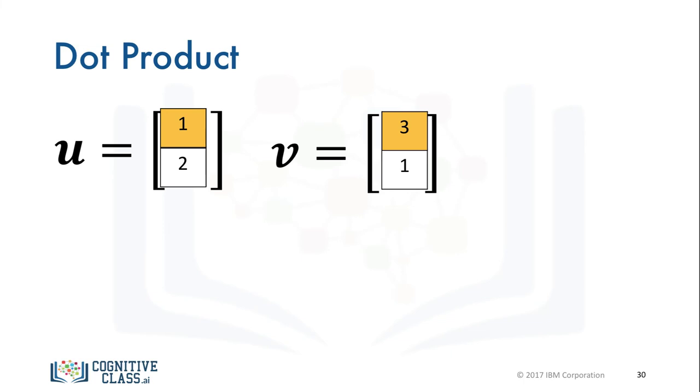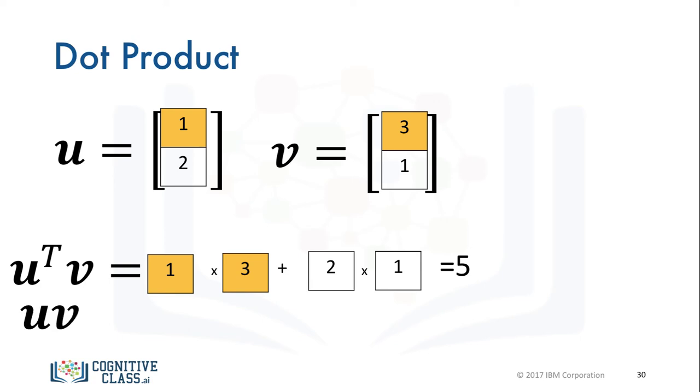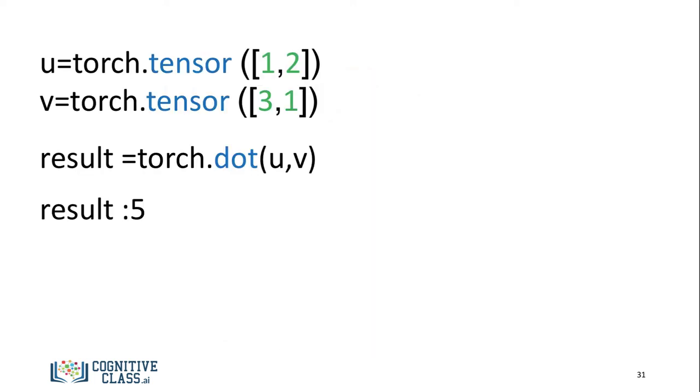The dot product is another widely used operation in neural networks. Consider the vector or tensor u and v. The dot product is a single number which represents how similar the two vectors are. We multiply the first component of u with the first component of v. We then multiply the second component of u with the second component of v and add the results together. The result is a number that represents how similar the two vectors are. Just a note, we'll drop the transpose operator in the course. We can also perform the dot product in PyTorch using the function dot and assign it to the variable result as